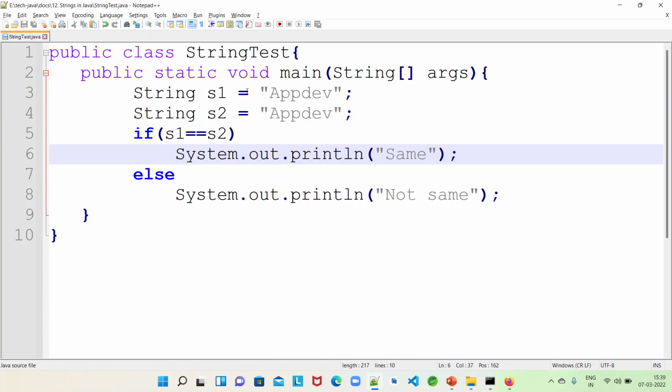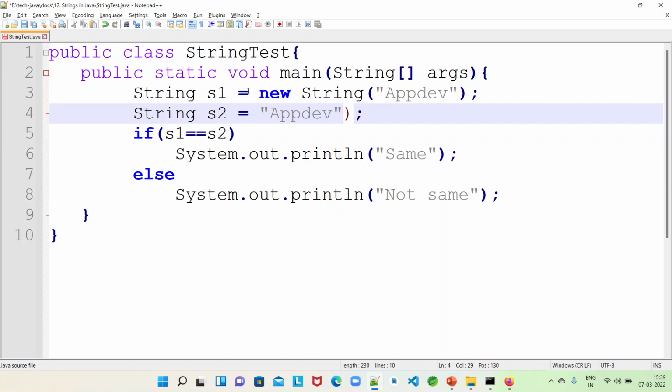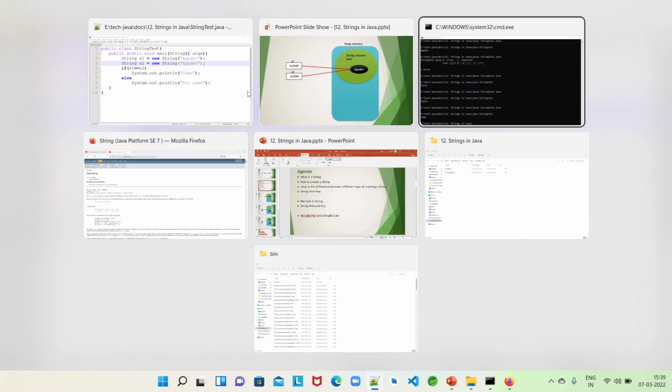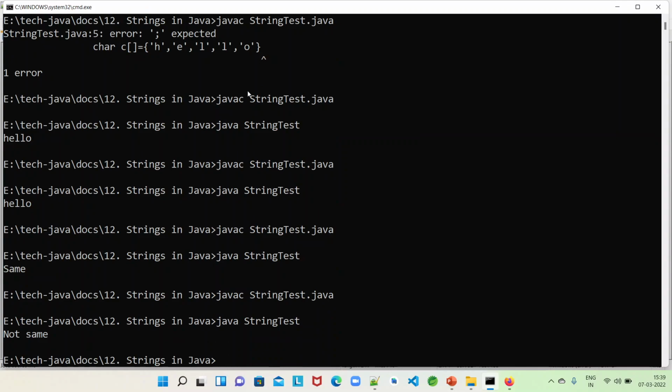Okay, now let us understand the same program by comparing strings which are created by using the new keyword, like this. Now what will happen, we will see. Let me run this program. See, not same,